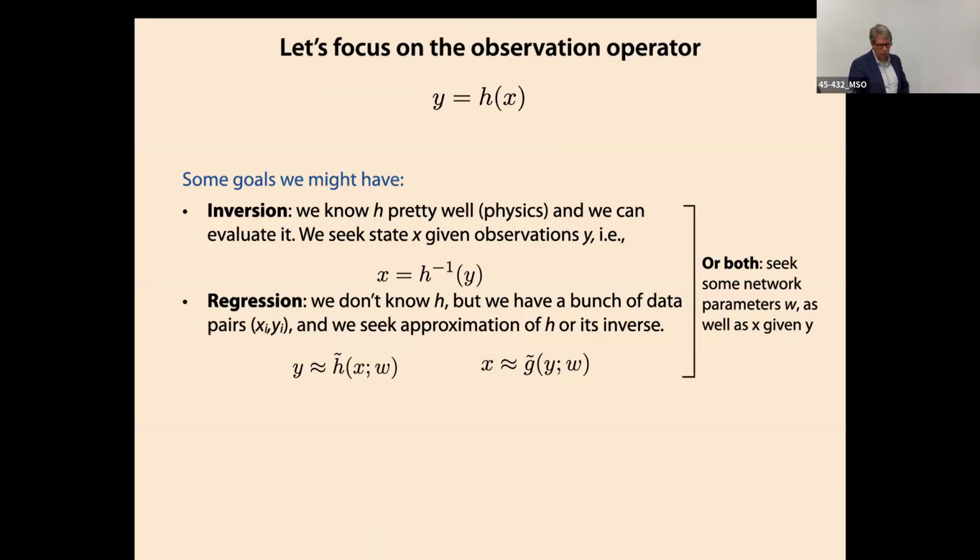So I'm going to focus a little attention on this observation operator, because it's an important part of this whole thing. And I want to color this in the fluid dynamics arena. So when you think about this state, I want you to think about a flow field, and I want you to think about Y as being, say, pressure, okay? And so there's a couple goals we might have here. The first goal is kind of a naive goal, which is to say, I really want the inverse of that, okay? So if I had the pressure information, what is the flow field? I kind of want to invert it, right?